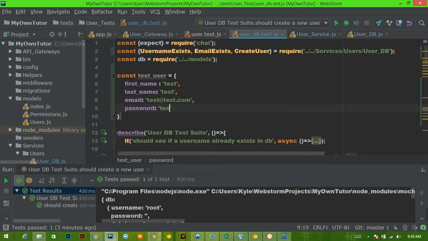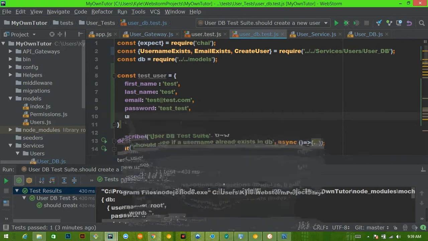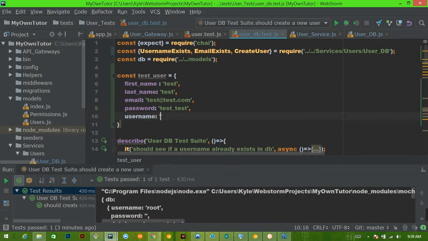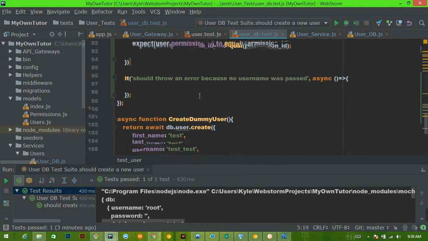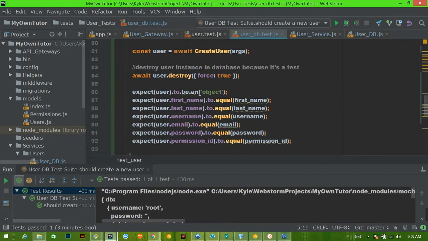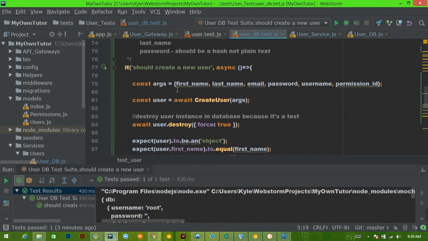Password is equal to test_test, and username is equal to test_test. That way I don't have to continually rewrite this because it's getting annoying and I don't like it. All right, so now that I took this out of here,